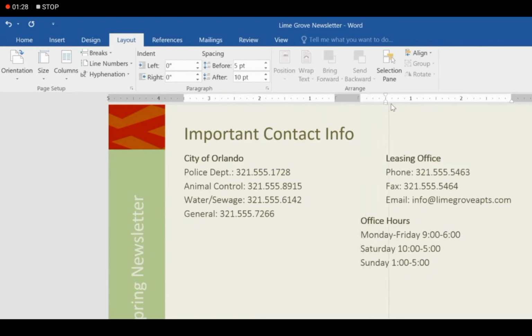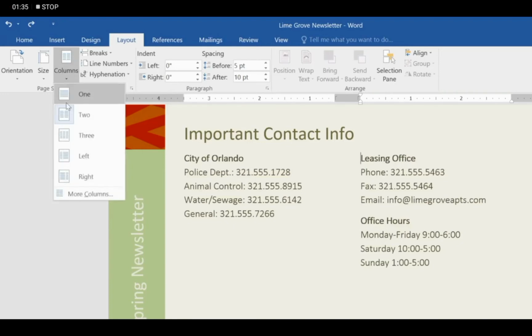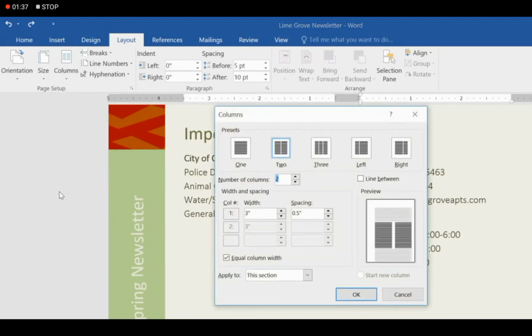You can also adjust your columns by these handles, and in the column group there is also an option of More Columns, so you can adjust your width and spacing